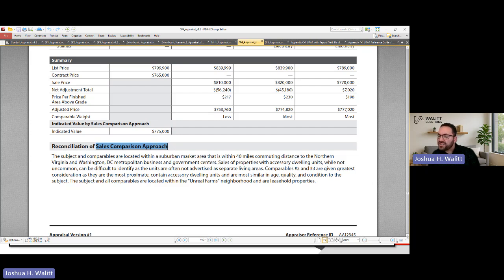And then the question says also where and how adjustments are derived. That's in your sales comparison approach commentary. That's where you would do that. You can also, if you needed to, attach exhibits if there was some sort of image that you're using, or some Excel or some chart or something like that. You could do that as well. But this wouldn't change that you type about things. You're going to include commentary like you normally do.